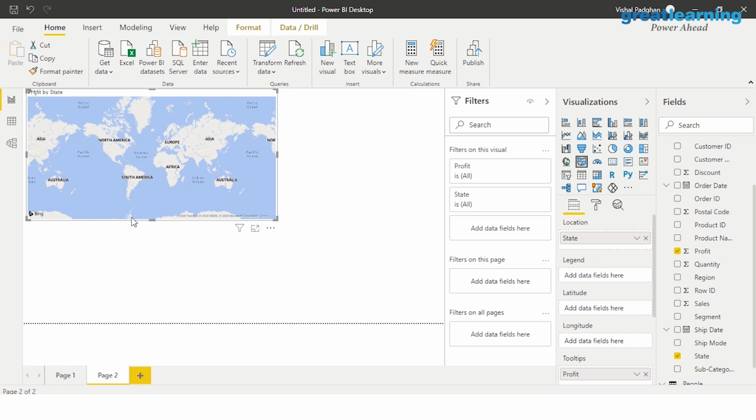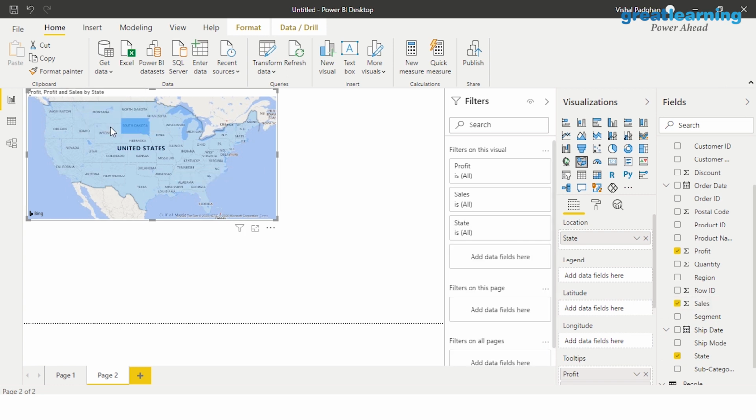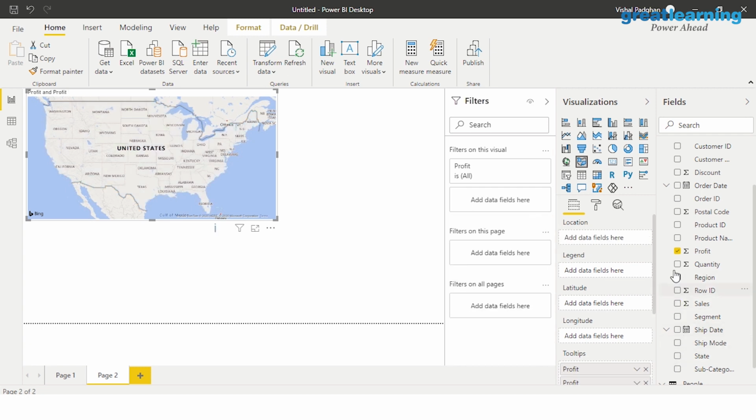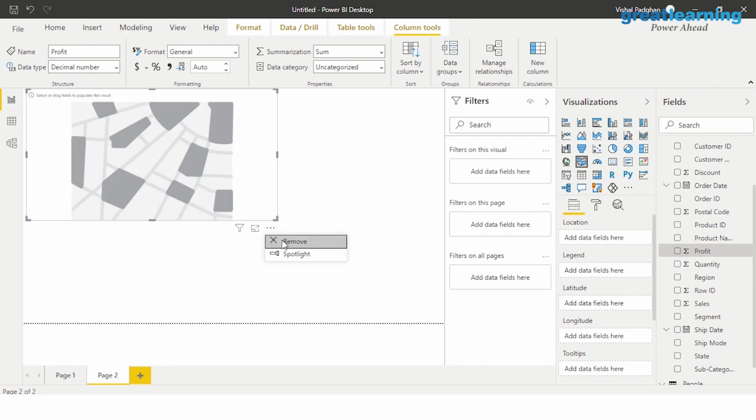Are we getting any information here? Yeah, there you go. So there's some information here. But this is not again the best of visualizations that you could have used. Let's see if we can reflect any information here, right? For that, I'm going to go ahead and put in my sales. Okay, again, not the best of visuals. So let's just uncheck all of this information that we have with us, right? And I'm going to just go ahead and remove this for now.